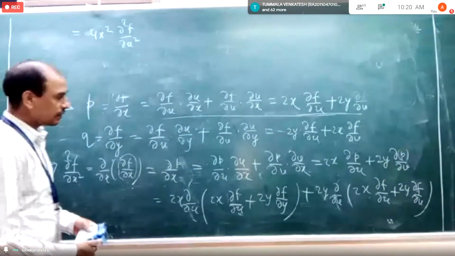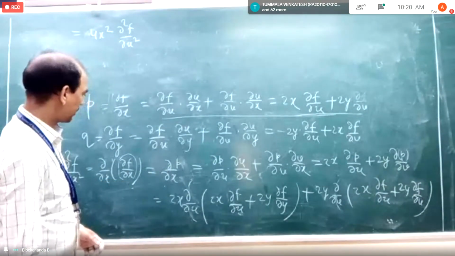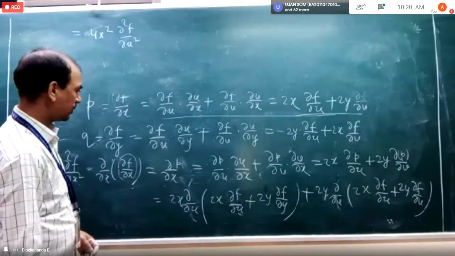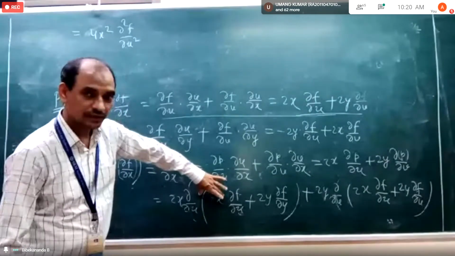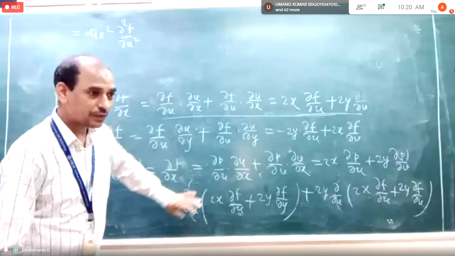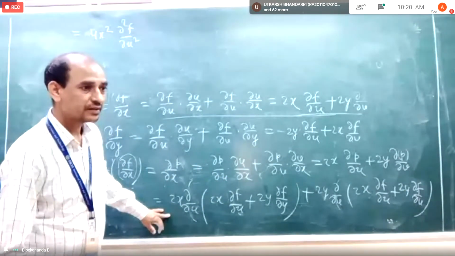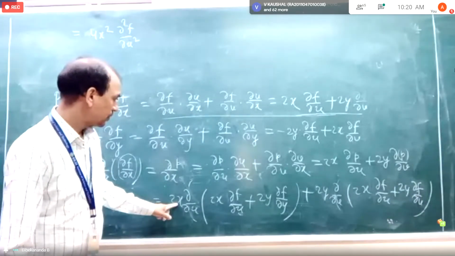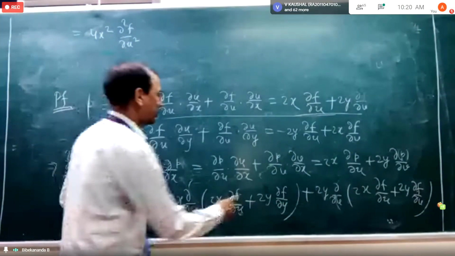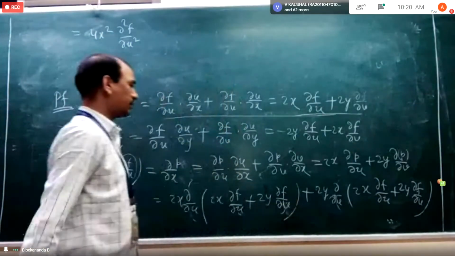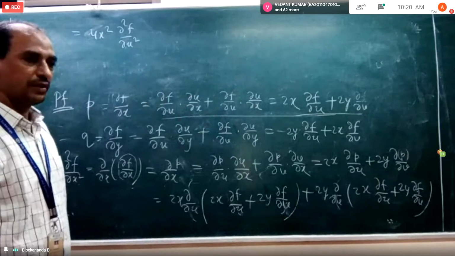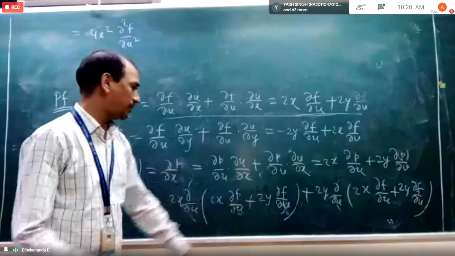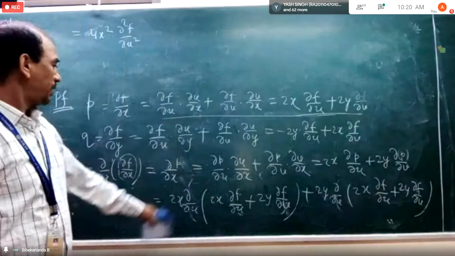So I'm asking about the next statement: 2x ∂/∂u of 2x ∂f/∂u. Oh, this one you are asking. Yes, sir. What is the problem here? Sir, the 2y ∂f/∂v will come, right, sir? ∂v, it will come. Yes, correct, it will be ∂v. Okay, so 2x ∂/∂u, this will be ∂v, not y. Correct.